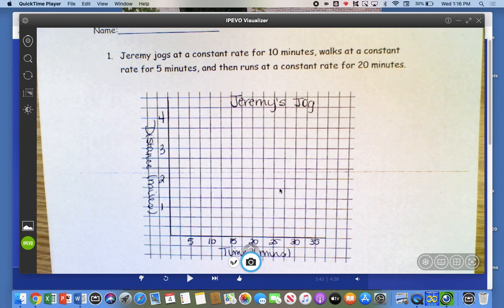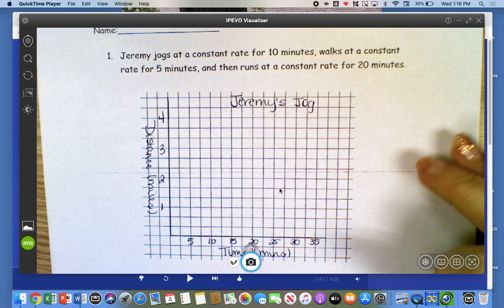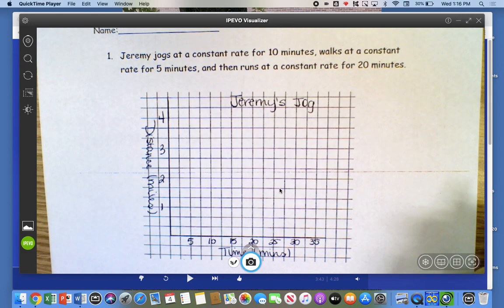Day 2 of indicator 10. I just have a couple examples and then I'm going to let you guys get right to work on your assignment. So on this one we are still creating our own graphs and we're comparing,